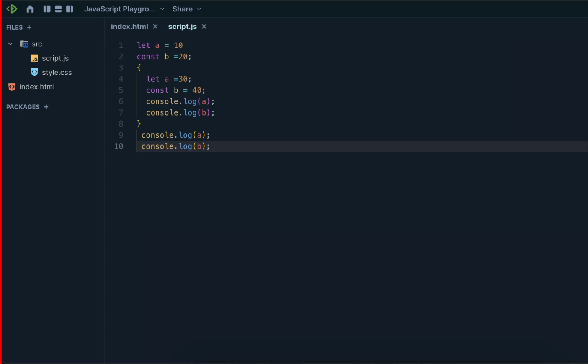First, we get 30, this one, console.log of a is 30, and after that 40. Then outside the block, console.log of a, we get 10, and after that console.log of b, we get 20.